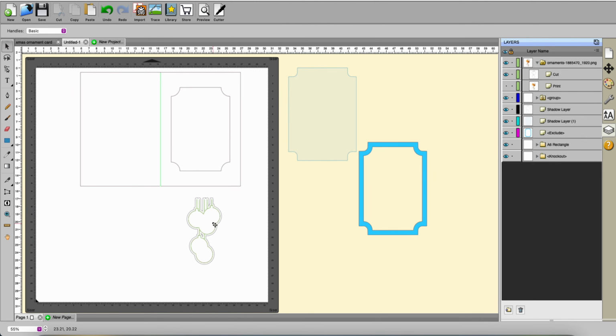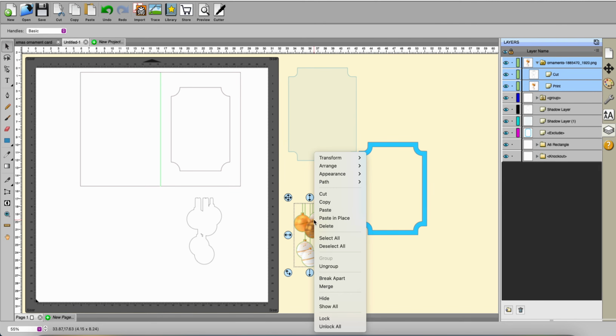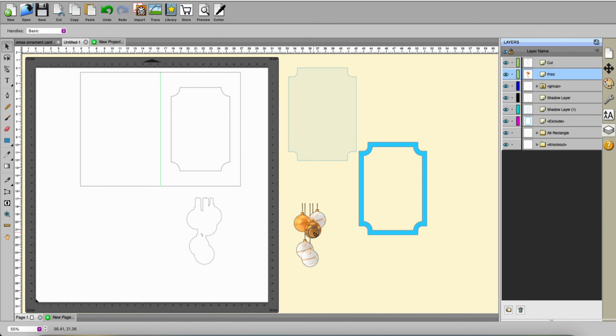So now I've got an extra outline. I can actually take this inner one and remove it. And you can see that my other outline is there, and I've got this little hole here inside there. Now, assuming that I'm happy with that, I can then show my design here. Now it's still attached to this one here because I didn't ungroup it. So if I ungroup that and drag the picture out of it,